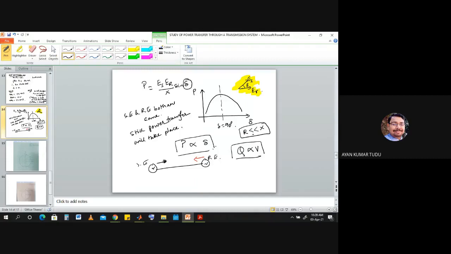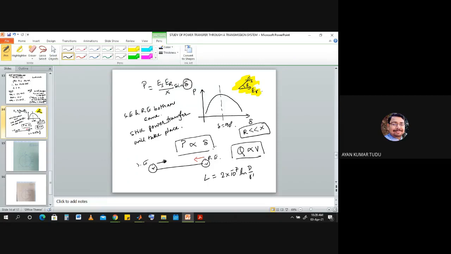Because if you recollect what type of transmission line we are using in real life, we are using high voltage power transmission, correct? So high voltage transmission means what? That the distance between the conductors should be more, and we know that L equals 2 into 10 to the power minus 7 ln D by r prime, correct? Where D is the distance between the conductors.